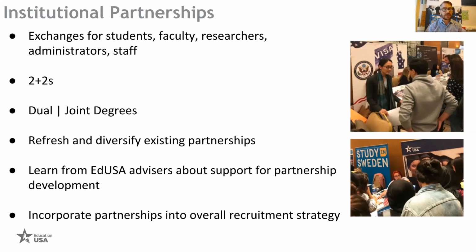Again, sometimes they can be very fragile. You get one faculty member, as you know, that retires, and then the entire partnership can fall apart. So expand it, do different things with it, and speak to your institutional partners here about what their needs are, and maybe you can help to address them, to do things like host their faculty study abroad programs at your institution.